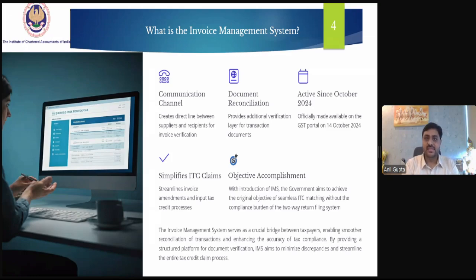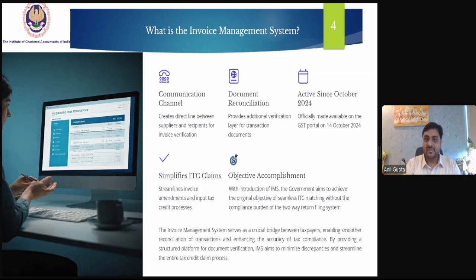Whatever invoices are uploaded by the supplier will flow into the IMS dashboard of the recipient. If the recipient's record matches the data flown by the supplier in the IMS, it will be construed as accepted.